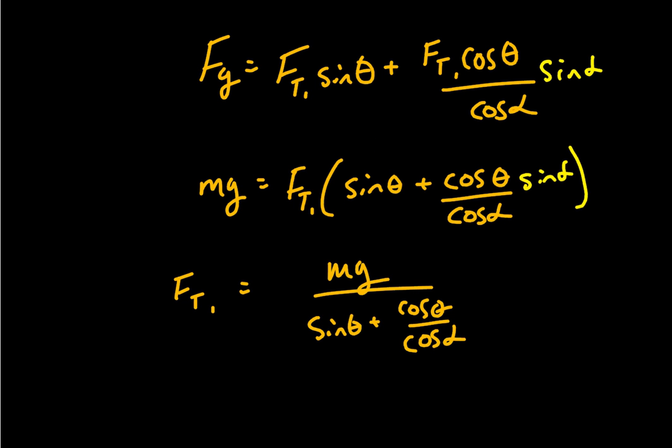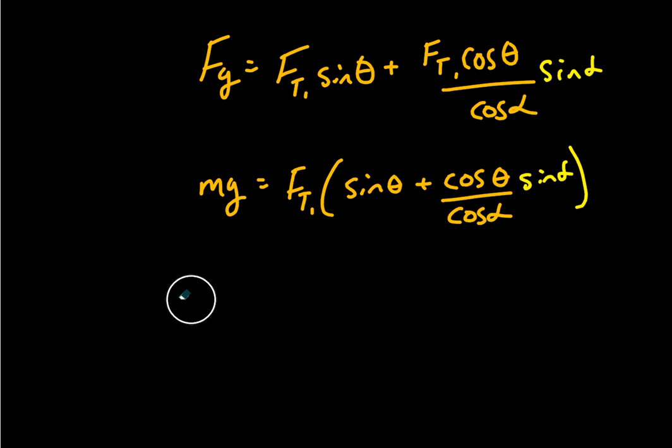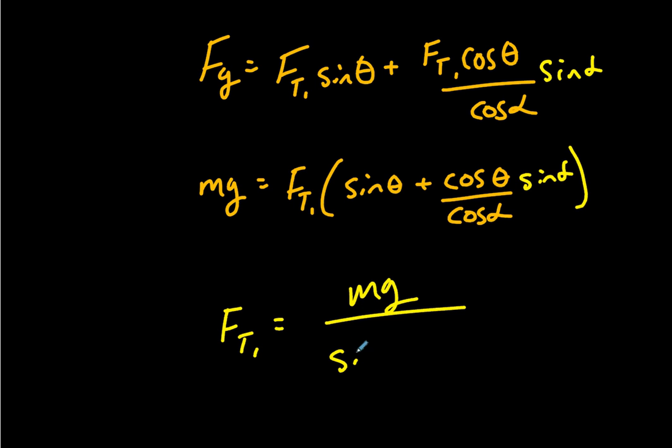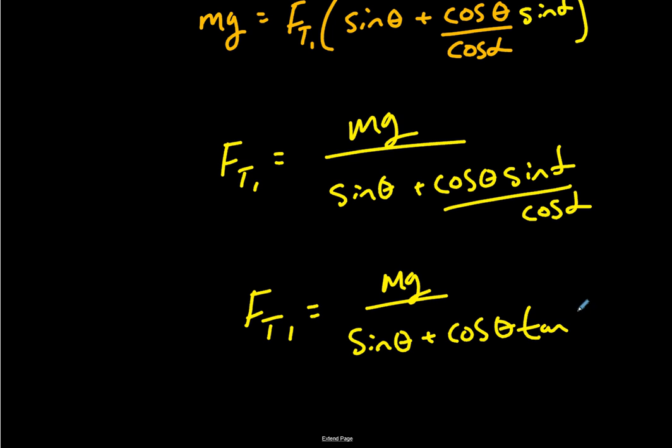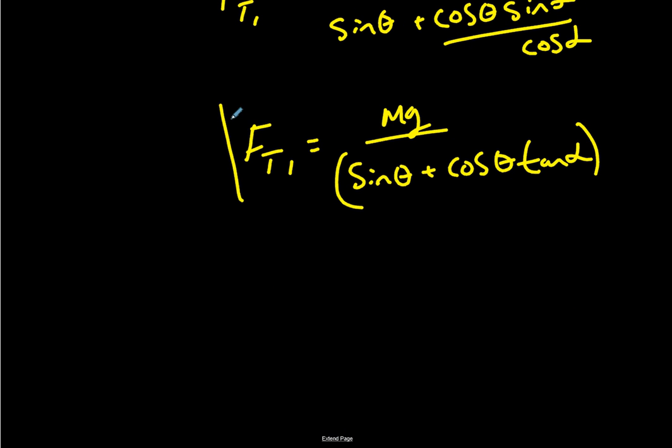There we go. So let's just rewrite this whole thing right now. Okay. Do a little rewrite here. Okay. So we should have this: sine theta plus cos theta sine alpha all over cos alpha. Okay, so now I see something we can do, right? So we've got sine alpha over cos alpha, so that can turn into tan alpha, right? So now we can just get to this point. Okay, now I think that's as far as we can go without actually solving it. Okay. So if you were now